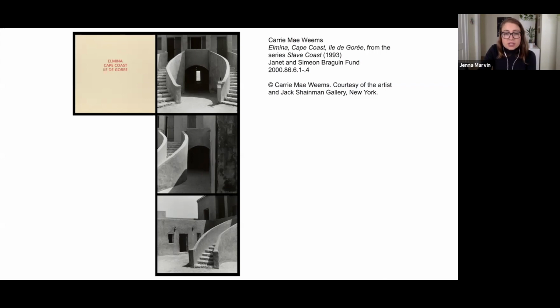Banisters and individual stairs are cropped off at the edges as if the monumental staircase is too large to be contained by each photograph's frame. The 3 photographs are stacked one on top of the other, so the viewer's eye ascends and descends the stairs in place of their physical body. The text, printed in red script on warm cream-colored paper alongside the photographs, reads, Elmina, Cape Coast, Ile de Gorée,